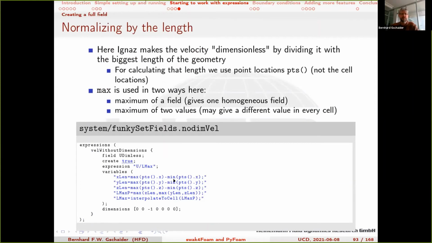And so basically what he does here is he wants to normalize the velocity inside of the room. Normalizing means he wants to divide it by the length or the size of the room to get a dimensionless velocity. And the thing here is he uses Lmax,